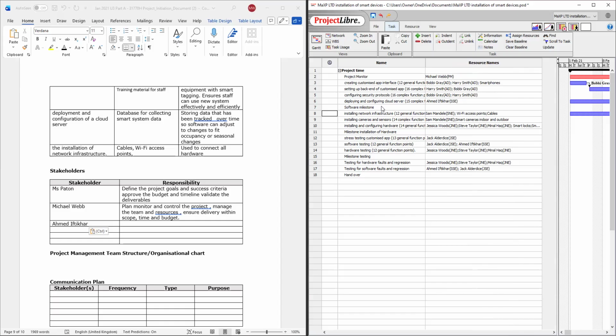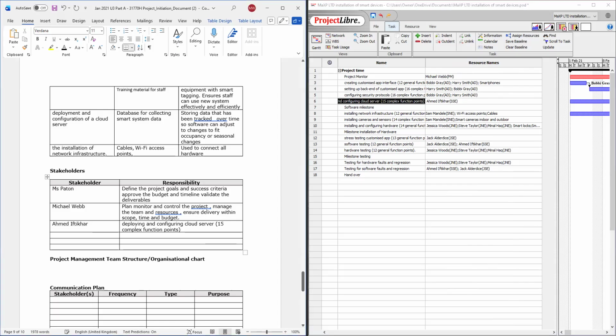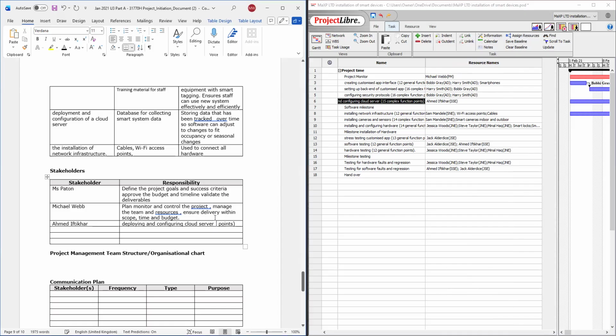Ahmed is responsible for deploying that one. What else is he responsible for? Testing software regression.